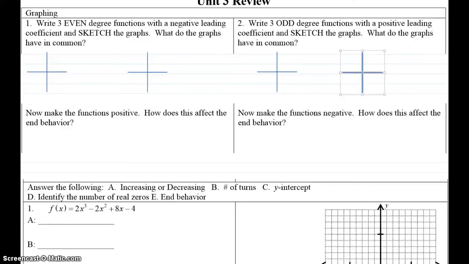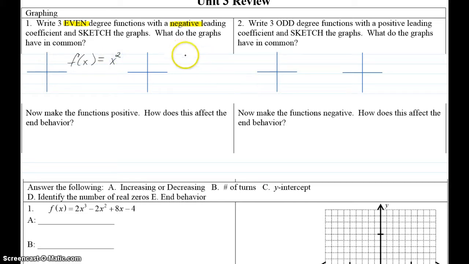All right, let's take a look at number 1. We are going to start by writing 3 even degree functions with a negative leading coefficient and sketch the graphs. What do the graphs have in common? Well, I'm only going to draw 2 graphs. The one over here on the left is going to be, let's do f of x equals